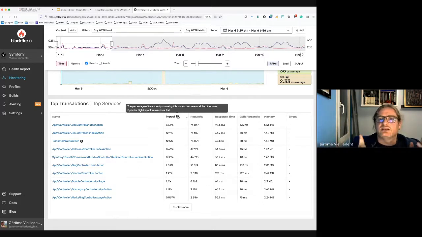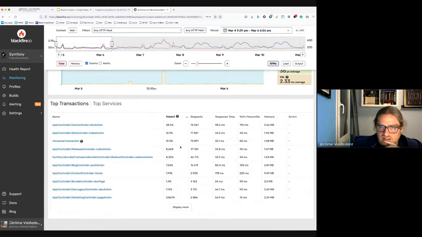So it basically says which transactions are the most popular. And if you need to optimize something, you should always optimize high impact transactions first, because they're more popular, and also because they're combined to the time. It might also be slower than the other ones.